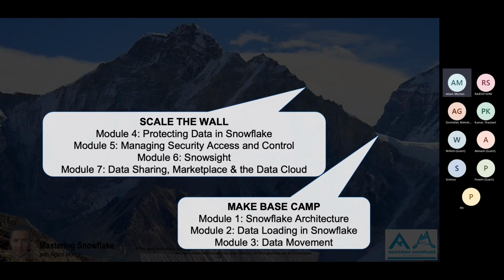Module 6 covers Snowsight, which is the latest web UI you may have seen or heard about from Snowflake. And then Module 7, again quite unique to Snowflake, is all about data sharing. There's no file transfer and no movement of data. It all gets shared through Snowflake's backbone and infrastructure. It also allows you to monetize data effectively as well.